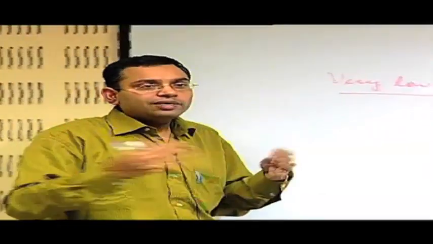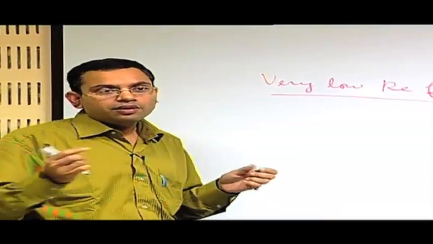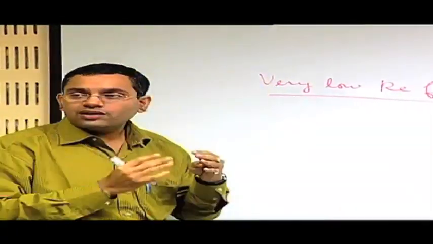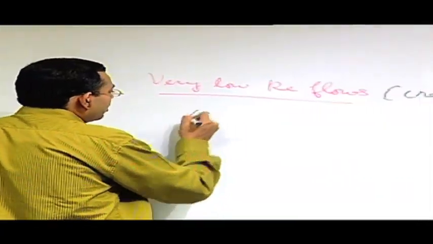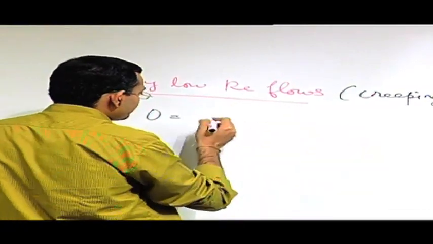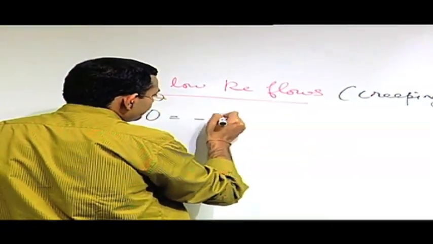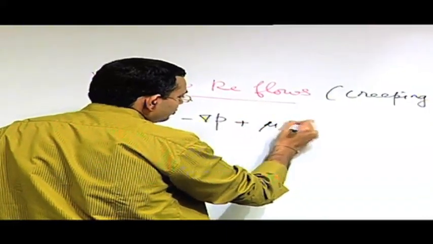There will definitely be some error, because some inertia effect may always be present, but if the flow is of very low Reynolds number, that effect is not predominant. Then the Navier-Stokes equation will take the form 0 is equal to minus gradient of P plus mu